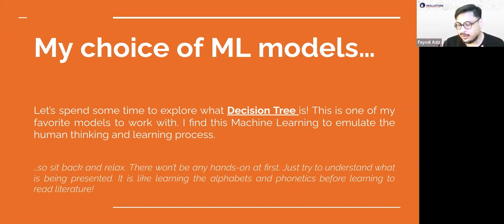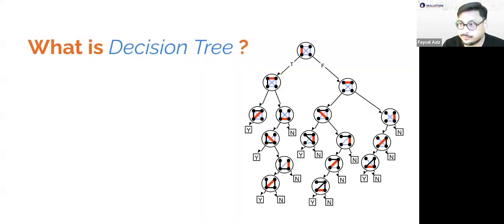I know what I've been saying all this while may seem a little bit confusing, but it was mostly theoretical. But let's see how the machine actually works or thinks. If you try to perceive it from a very simplistic point of view, it might be easier for you to comprehend. So let's see what this decision tree is. Again, it's a machine learning model.